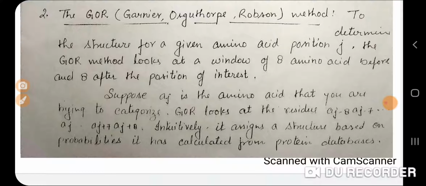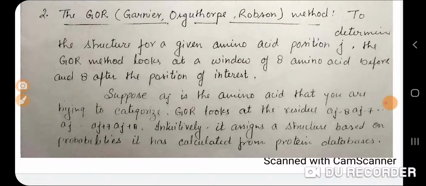So imagine that there is a chain of amino acids, like a protein structure, a protein sequence, 300 or 400 amino acids long. Starting from the first amino acid, select 17 amino acids in total. So 8 amino acids are left on the left side and 8 amino acids on the right side, and the center one, that is the ninth amino acid from the starting point, will be considered. So it is a sliding window method.